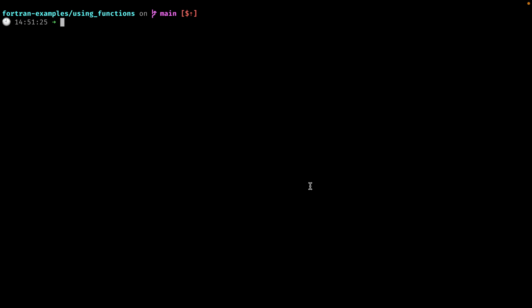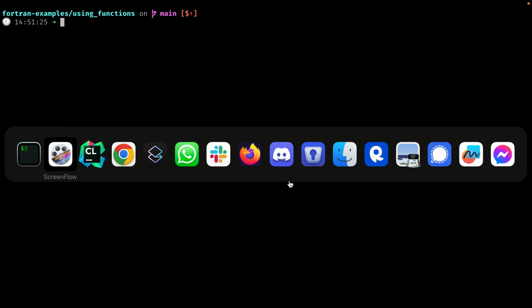I thought today we'd just write a trivial program to highlight how to import external functions from modules, like your own library. Basically, how to just compose programs in Fortran. So we're going to use a trivial example